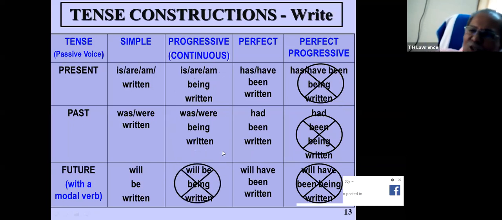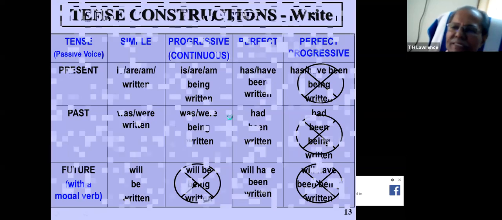See here. So, when we come from active voice to passive voice, the 12 tense constructions that we found in the active voice have shrunk to 8 now. See, 4 are out. So, this actually tells us or makes us believe that there are 12 tense constructions in the active voice and only 8 in the passive voice. And we have seen the corresponding tense constructions. Okay, this concept has to be borne in mind by any teacher of English while teaching their students. As I have taken it in a detailed manner.